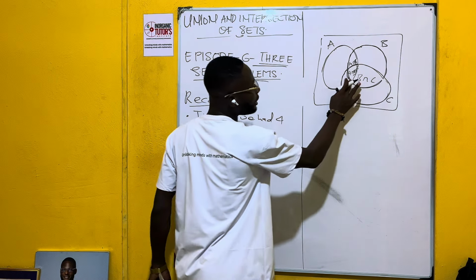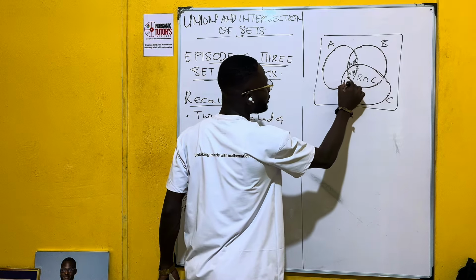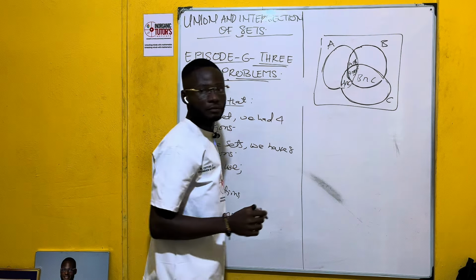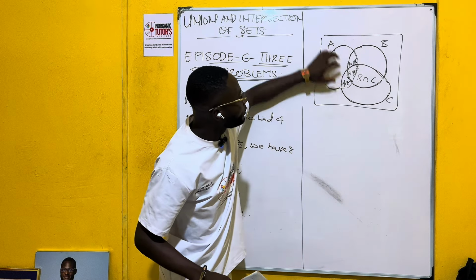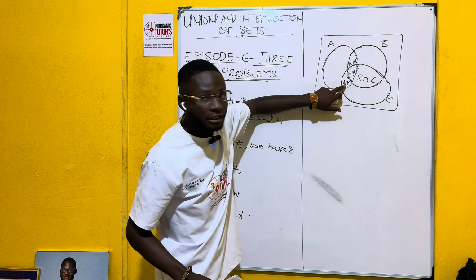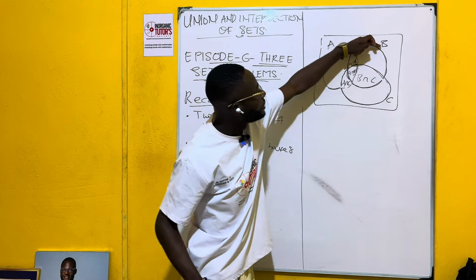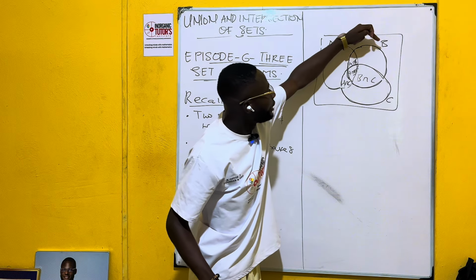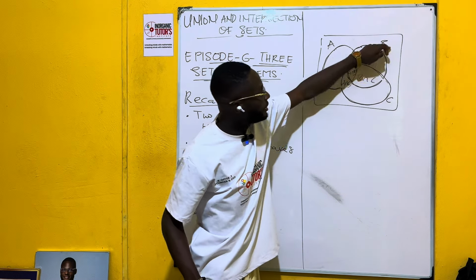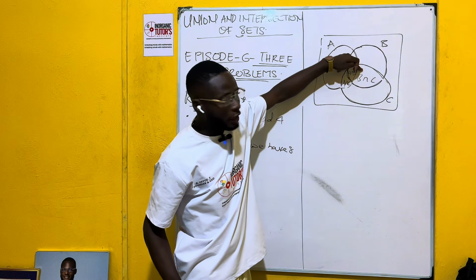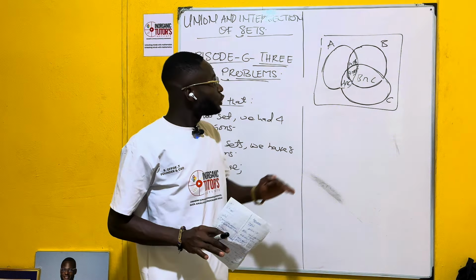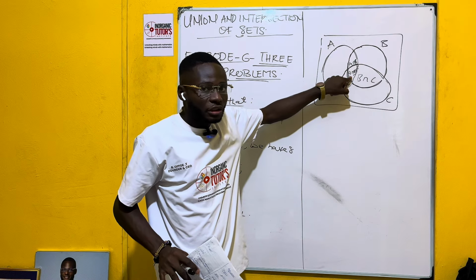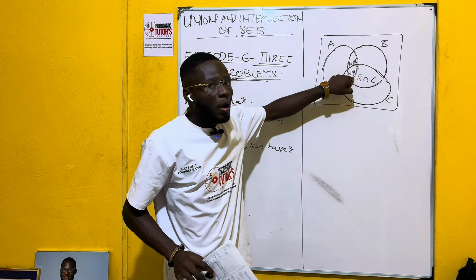Right? The common section here is what? A intersection C. So the common region between A and C is here. The common region between A and B is here. The common region between B and C is right here. Okay? Now, if you make an attempt to take the intersection, which is the common region to all the three